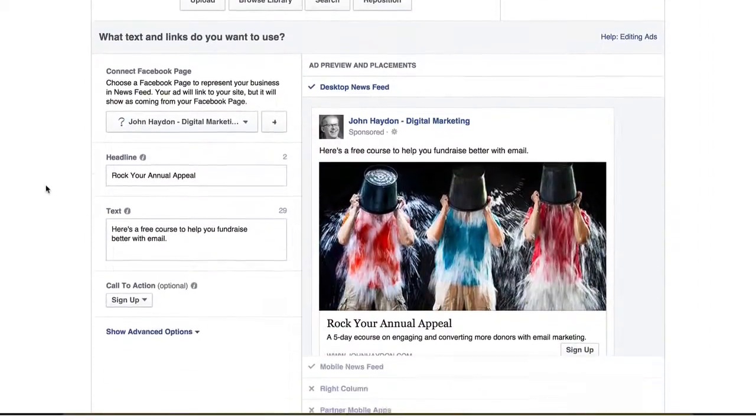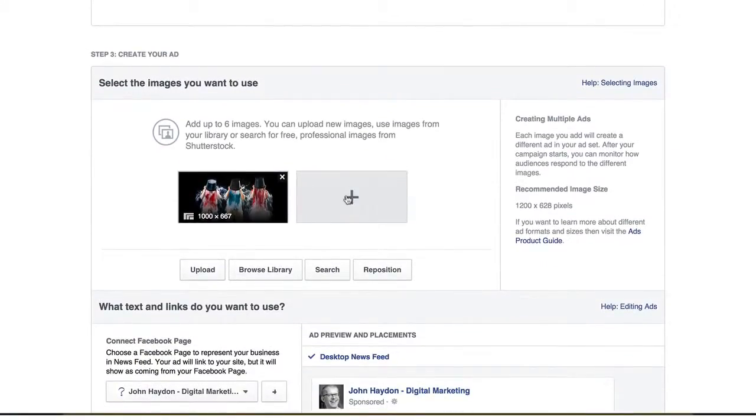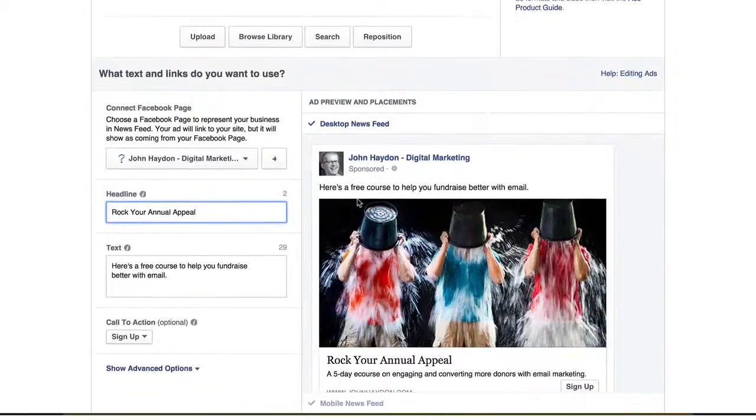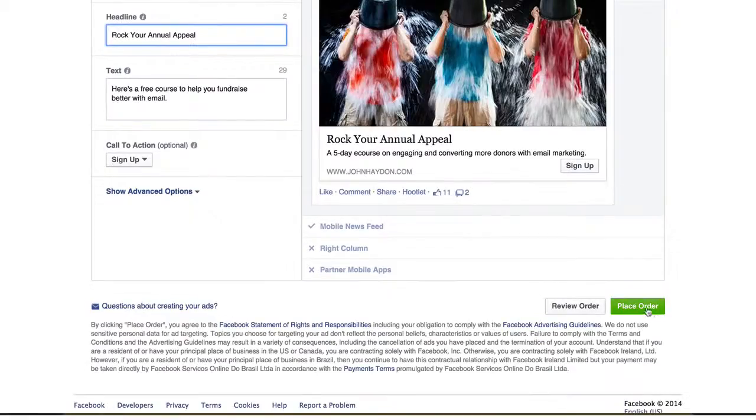We go down here. We see the ad. We can change our headline. We can even go through and test more images about, in this case, it might be more images about the Ice Bucket Challenge, which is probably what I'm going to be doing, right? And then we can test out a different headline, test out different text, and then continue to refine this as we go forward. Click Place Order, and you